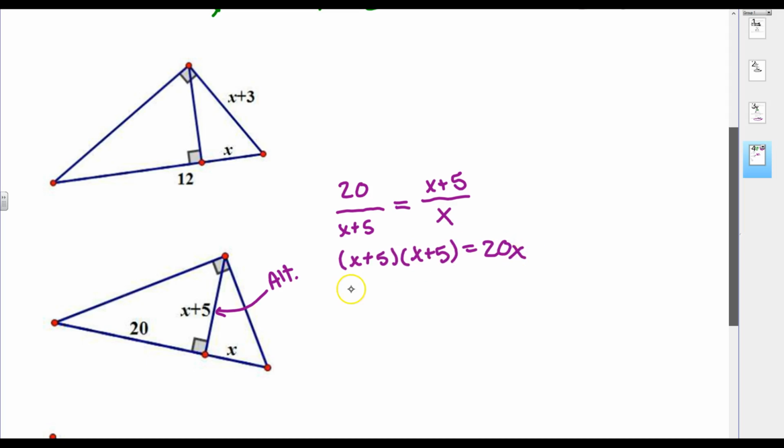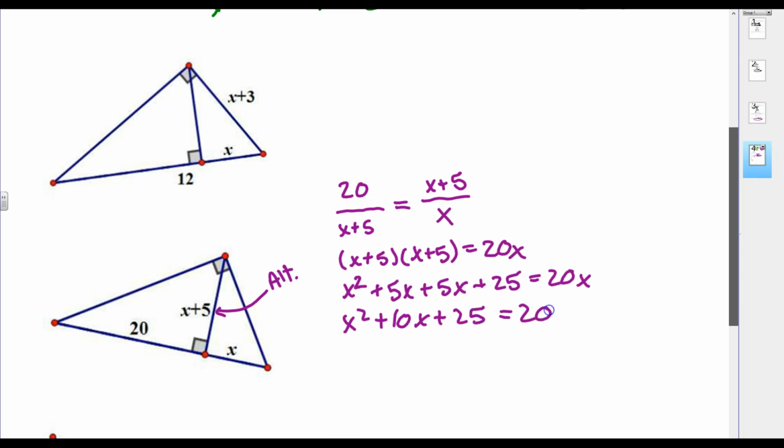I'm going to FOIL, which gets me x squared plus 5x plus 5x plus 25 equals 20x. Combine like terms, x squared plus 10x plus 25 equals 20x. Subtract over, x squared minus 10x plus 25 equals 0. I need two numbers that multiply to positive 25 and add to negative 10. That's negative 5 and negative 5. So x squared minus 5x